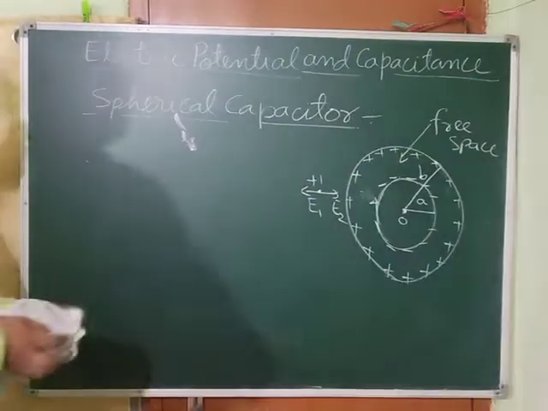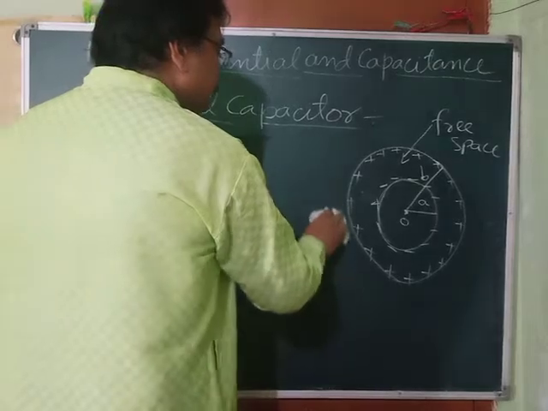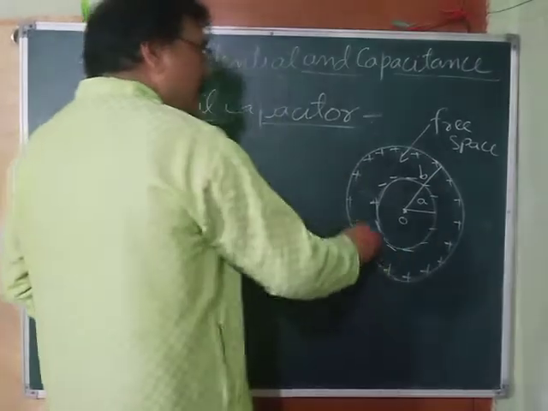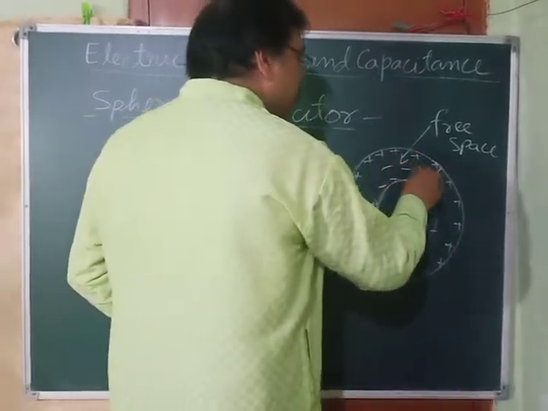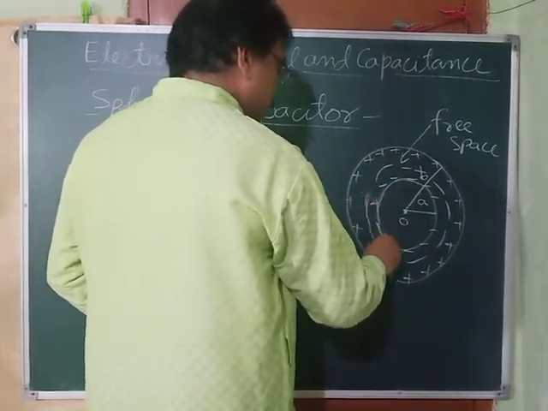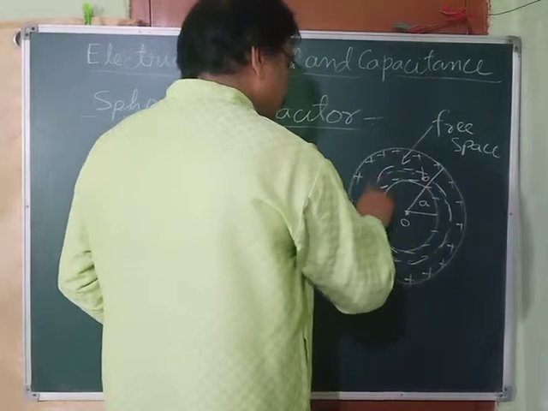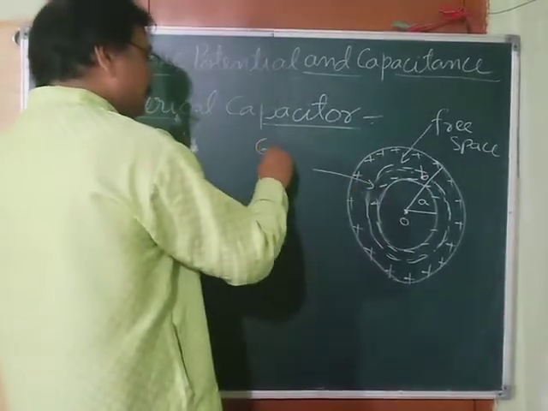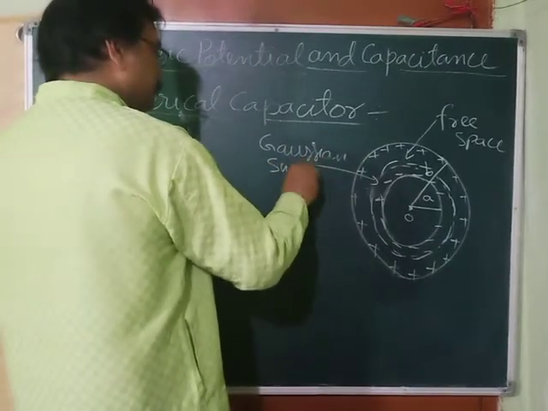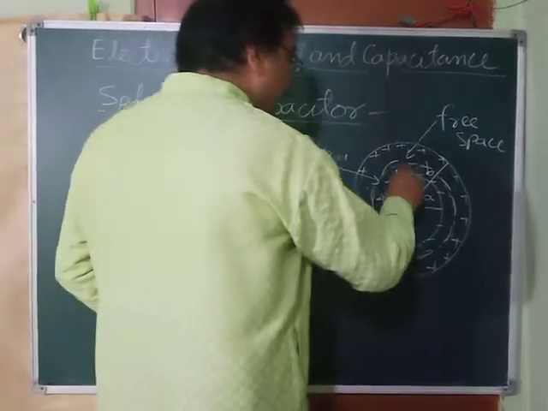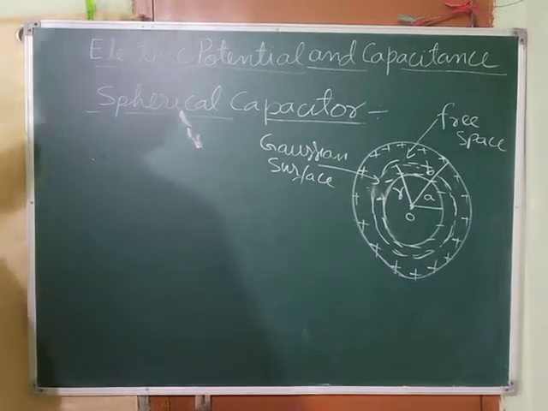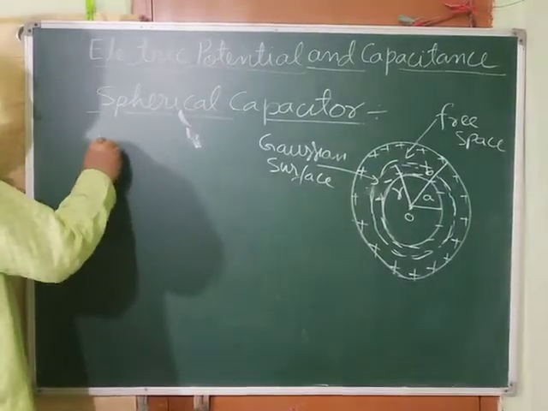Okay. So basically we have to find the net electric field inside, that is, between the two spherical shells in this region. In order to find the electric field in this region, what do we have to do? We have to draw a Gaussian surface. This is the Gaussian surface, and let the radius of this surface be r.